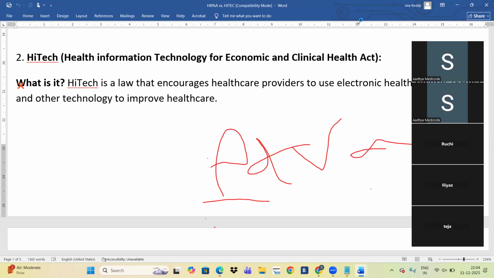So what is the benefit whenever they store patient data in electronic format? Easy access. Whenever they need, they can review it, and it is easy to share.